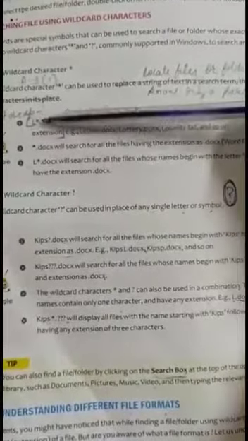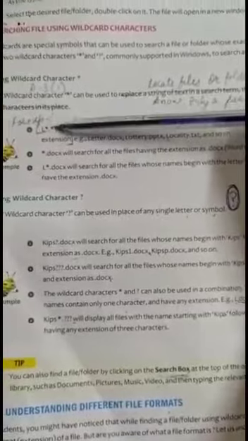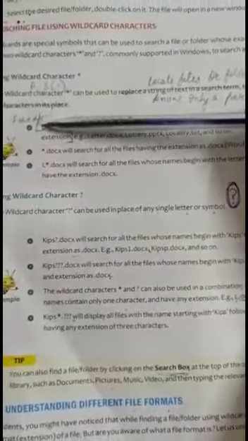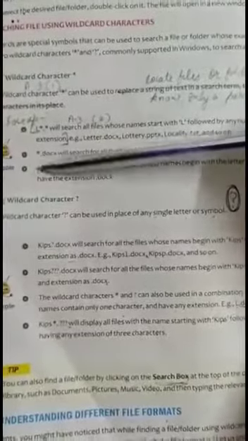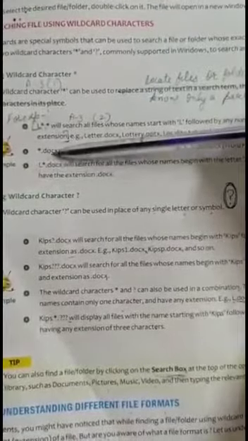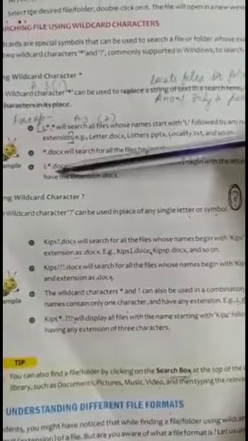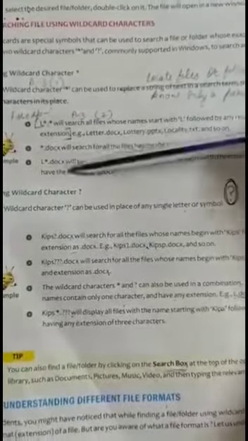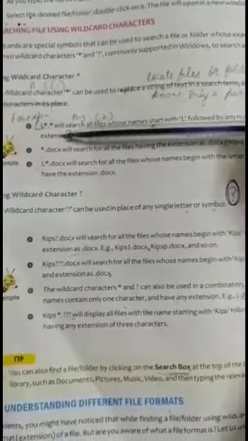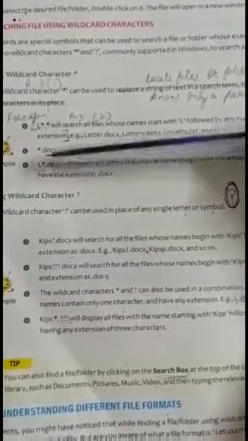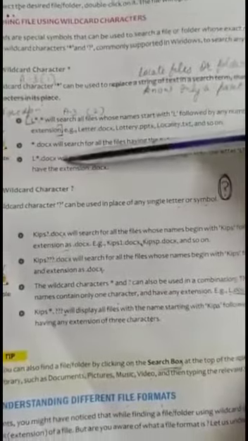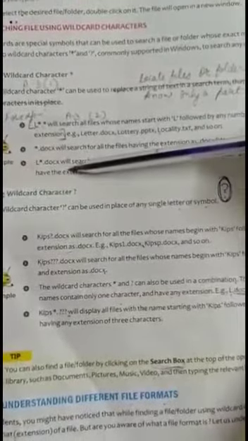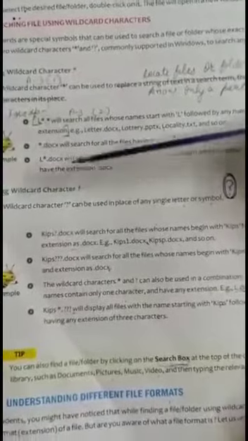Here L star dot star, that means extension can be any, but the starting letter of the file name should be L. Here the starting letter has to be L and it can have any number of characters, but the file should have the extension .docx. That means here only word files need to be searched.